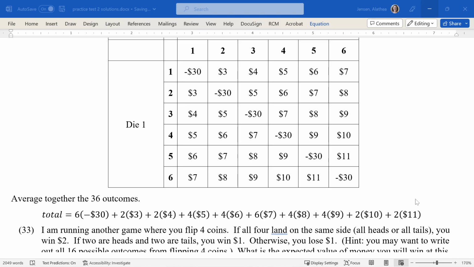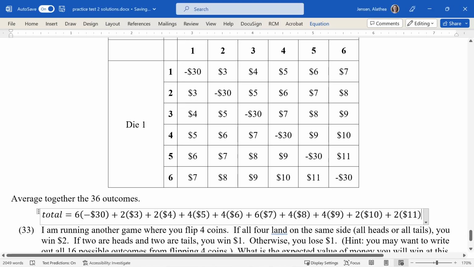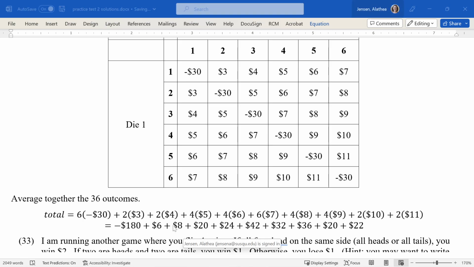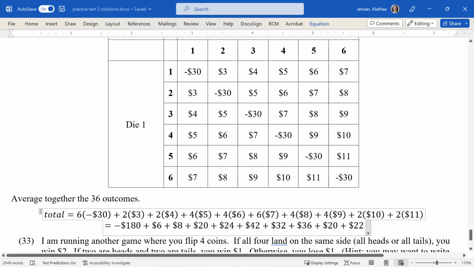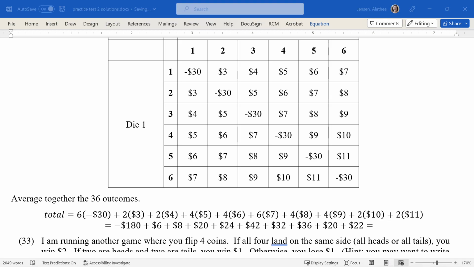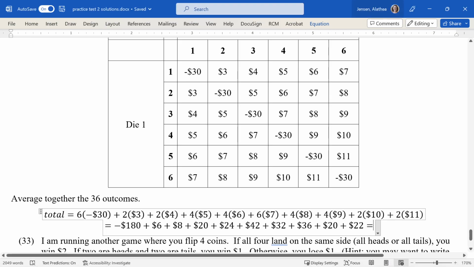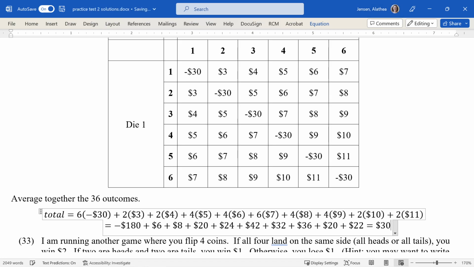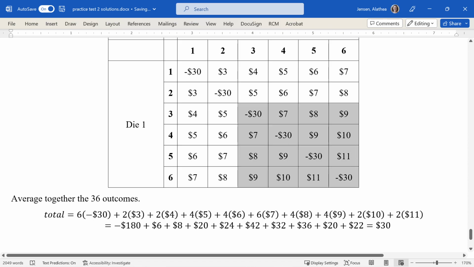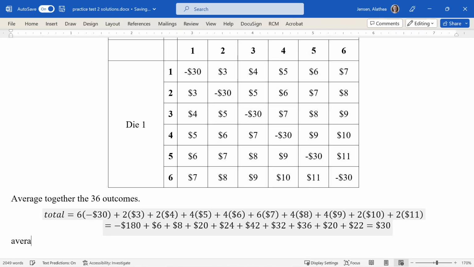Okay, so these are all the entries in the table, and now I'm going to get a calculator. I'm just going to add these up. Okay, so I did all the multiplications. Hopefully I didn't make any mistakes. And now for the final result here. Okay, so the total I got was $30 positive. And now that I've got the total amount associated with all these outcomes, I'm going to take the average. So the average